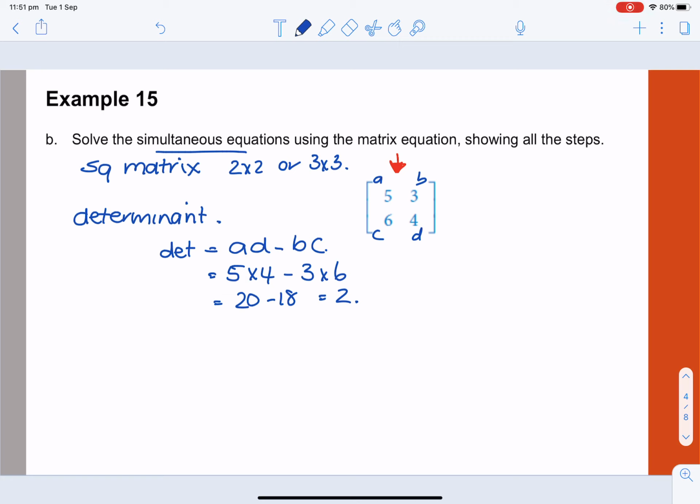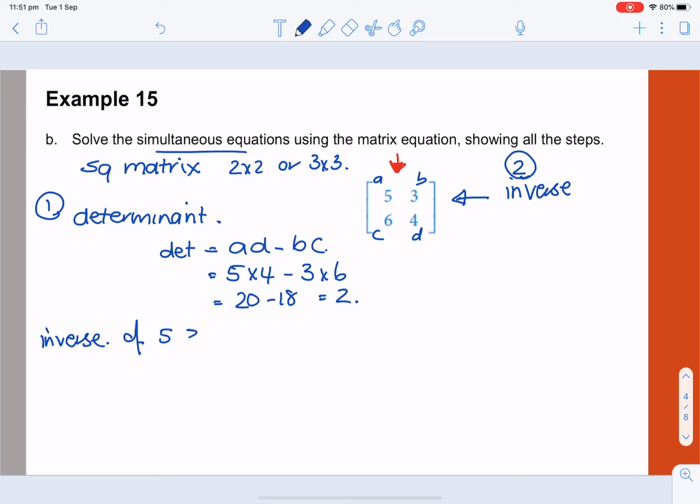The next step I need to do is find the inverse of the square matrix in the matrix equation. So again, we're using this same guy here. I need to find the inverse. So step 1 is the determinant. Step 2 is the inverse. So the inverse